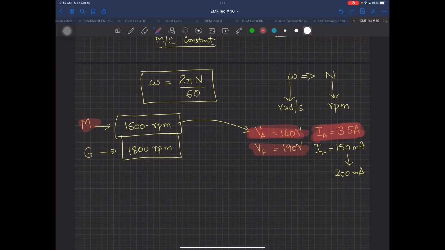Next thing, field winding. Field winding has a rated current of 150 milliampere, but in some machines it goes even to 200 milliampere because of the aging process or whatever. So these currents are also the maximum limits. Remember one thing: whenever a voltage rating and a current rating are written on a device, it means you are going to apply that voltage, and maybe it takes that current or maybe it does not. Maybe when the load is applied, then it will take that current.